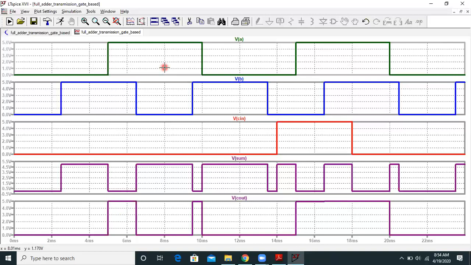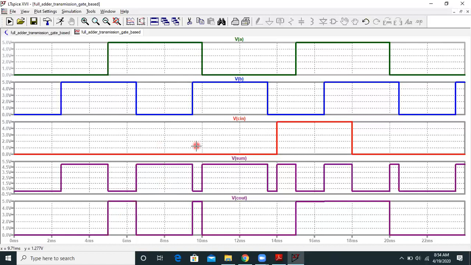Next condition is A is 1, B is 0, Cin is 0. In this case, the sum is generated as 1 and the carry is 0. Next condition is A is 1, B is 1 and Cin is 0.